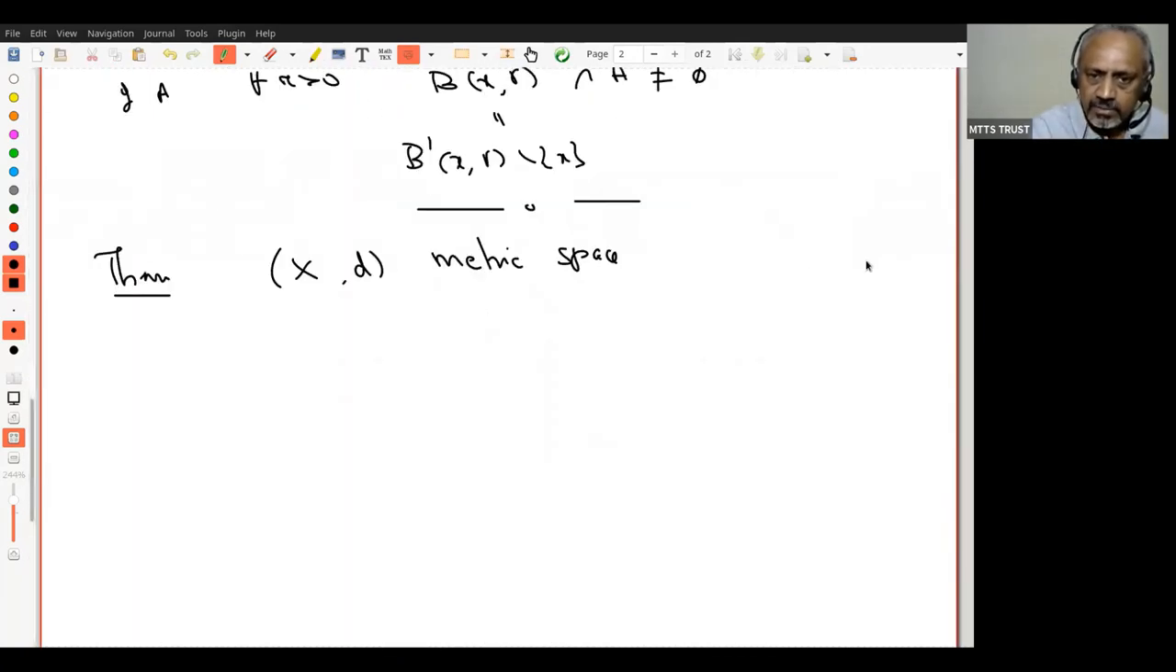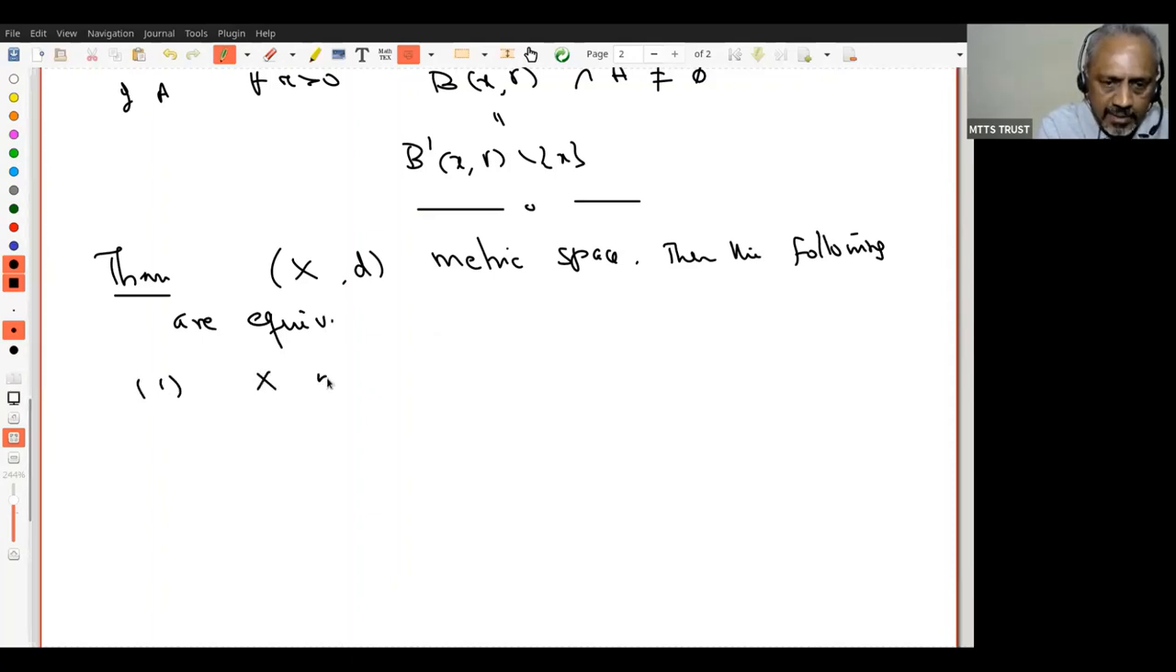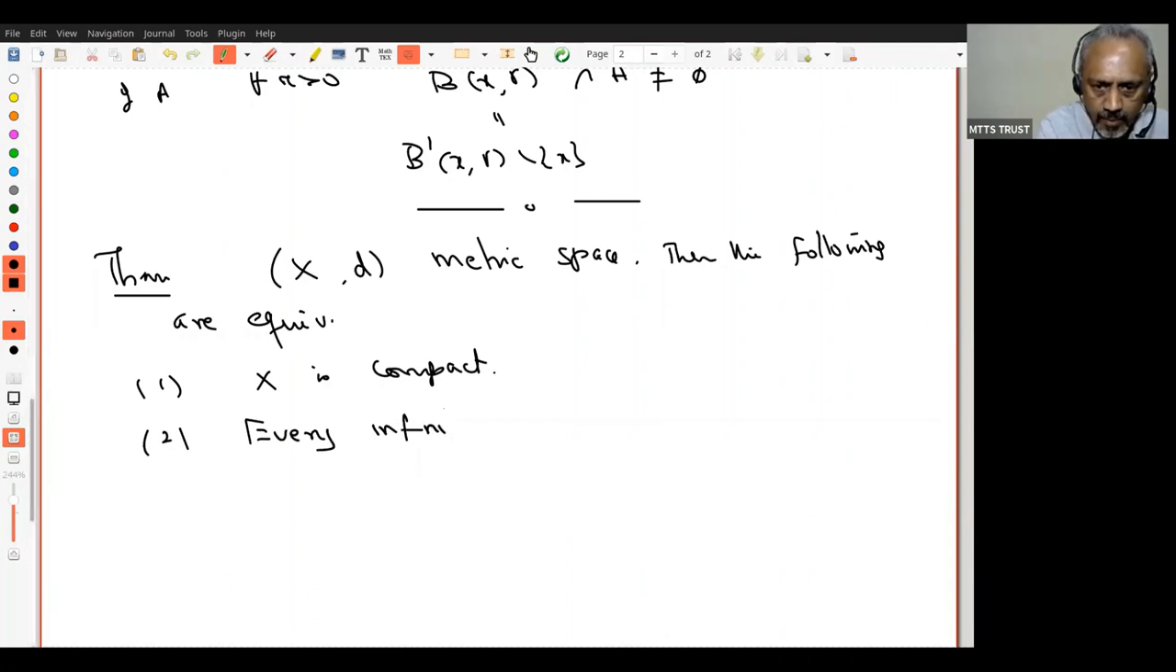So let X be a metric space, then the following are equivalent. One, X is compact. This is your standard definition using open cover. Two, for every infinite subset E of X, there exists x in X so that x is a cluster point